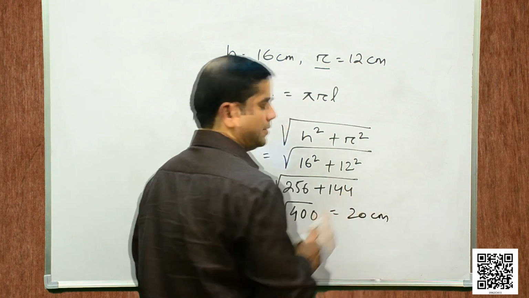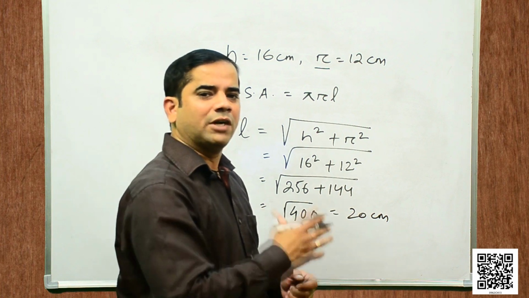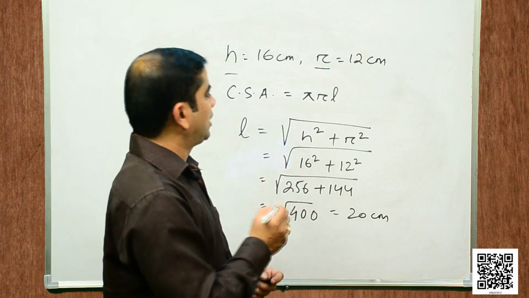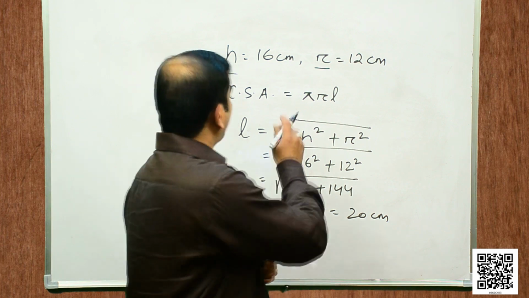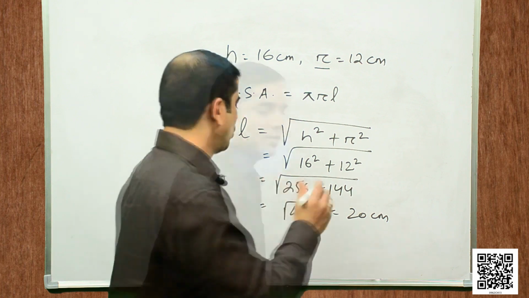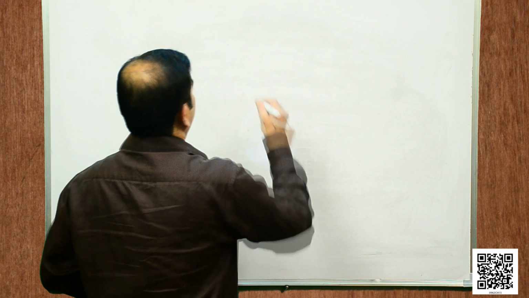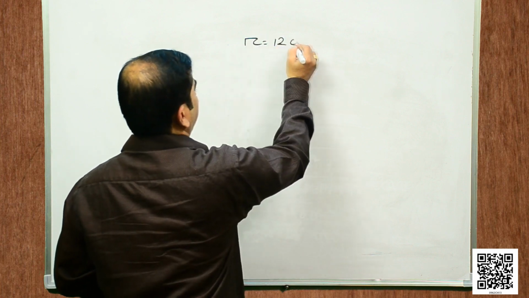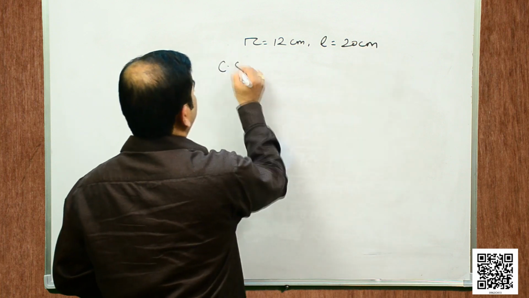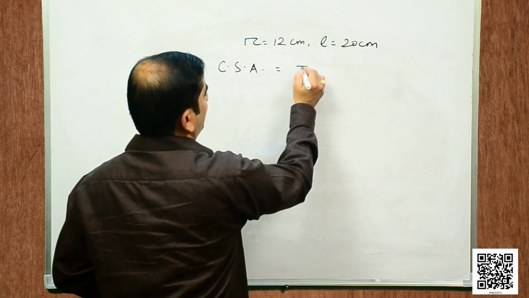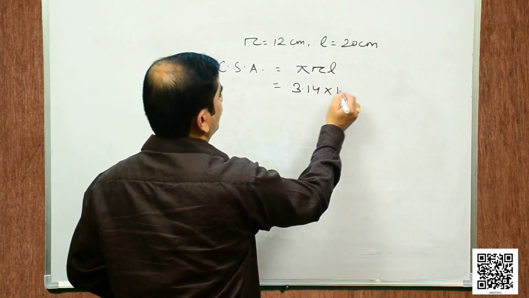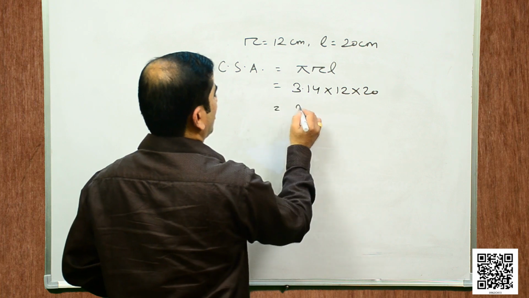20 centimeter. So, now we have found out the value of L to be 20 centimeter. Let us put these values in the formula for curved surface area and find out the curved surface area of the cone. So, students, now we have r is equal to 12 centimeter and L is equal to 20 centimeter. So, curved surface area is equal to pi r L, that is equal to 3.14 into 12 into 20